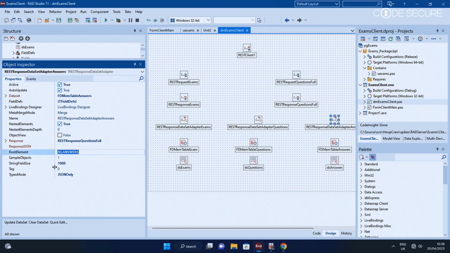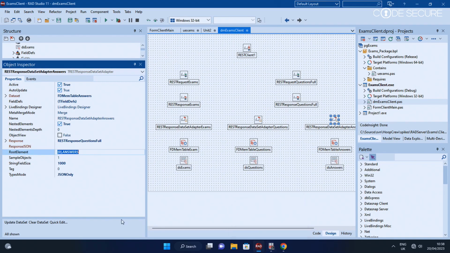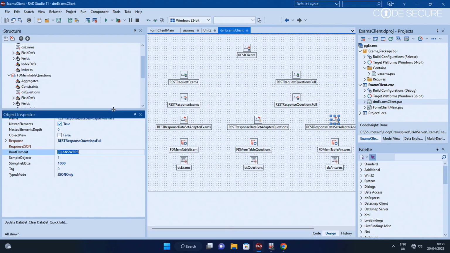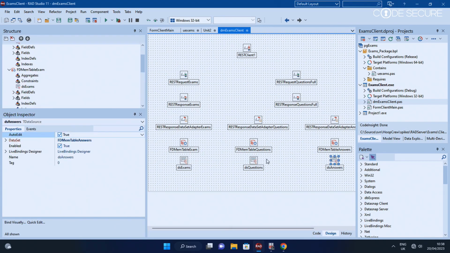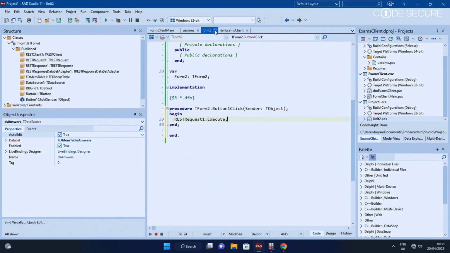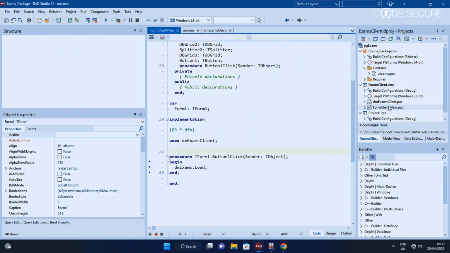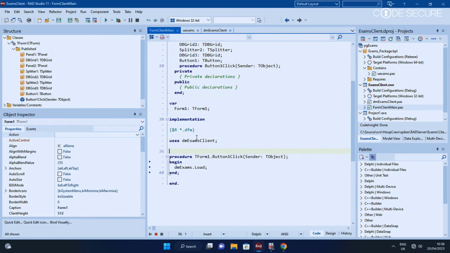we have that root element set. If you remember from the REST debugger, we selected the column that we wanted to drill into and applied, and that gave us the root element. Well, here we've got the root element set up. So that's pretty cool. I then got my dataset adapters connected in. And if we have a look at the form here, my main form,